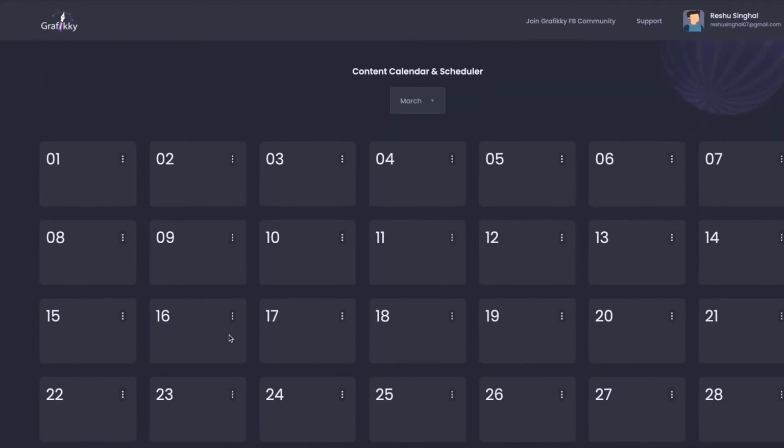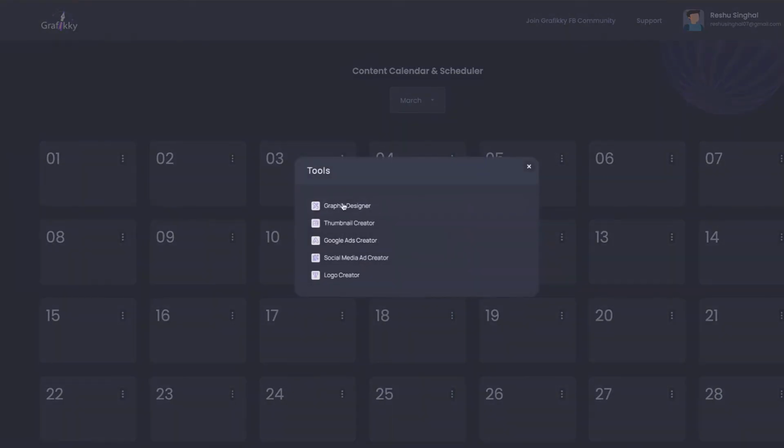This is your whole calendar for the whole year. You have the liberty to create your own design and schedule it from here. Either you can create your design from here, or you can choose a design which you have already made in your other editors. When you click on create your design, all the editors will come up.